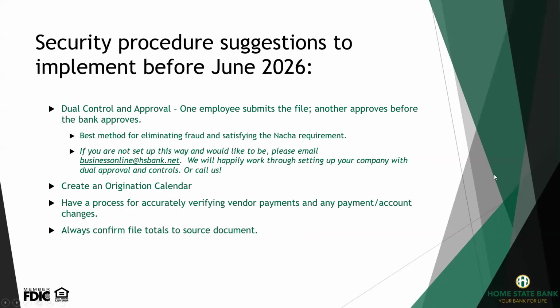Okay, so here are the suggestions. If these are feasible for your business, we have these suggestions. Again, I know these are not going to be feasible for 100% of businesses out there with the way that they're designed and who has access, and that's okay. You can work through other solutions as well. We do believe that the first bullet point there, dual control and approve, would be the best suggestion that we could provide to mitigate that fraud risk. So if it's feasible for your business, I would recommend doing this first bullet point.